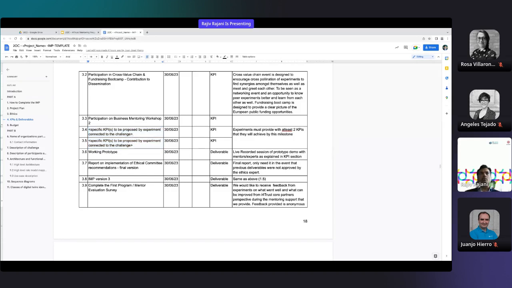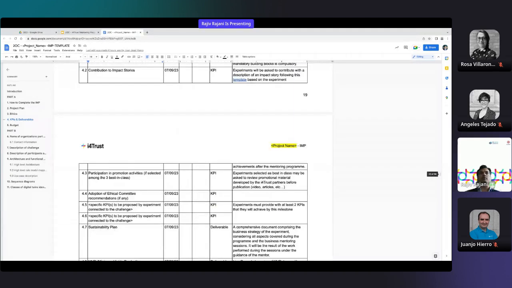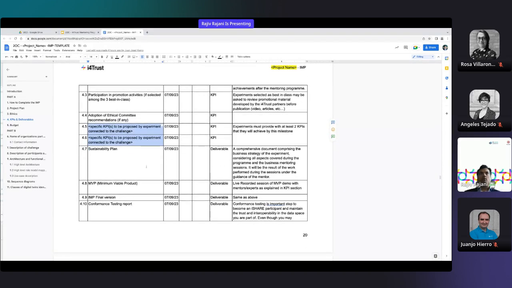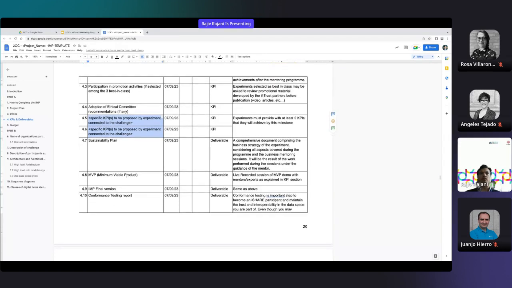So these are the KPIs that you set based on your experiment goals, basically, that you will achieve by this milestone. Same for the final milestone, you have these two KPIs that you need to set. The others are already set for you. These are the project-specific ones, so it is only for your project that you will fulfill these KPIs that you need to set.